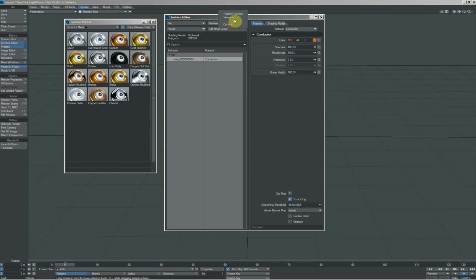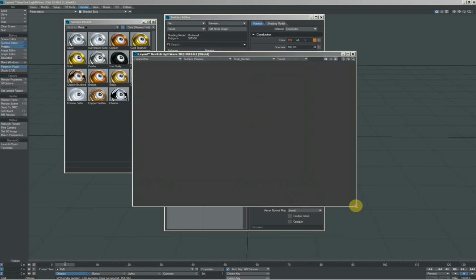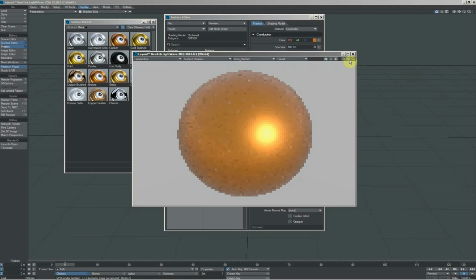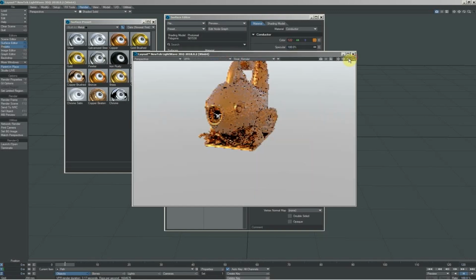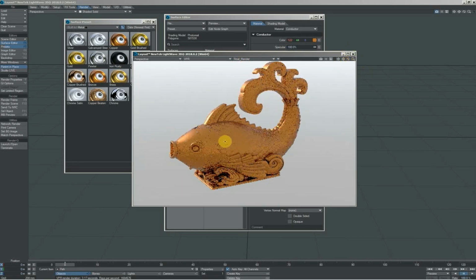Got preview, which allows you to either directly in the viewport or with a floating window bring up a quick material VPR preview here, and this basically just gives you a simple sphere. To be perfectly honest, I often find this to be of limited use. It's a nice little thing that's there, but normally you need to see what your material really looks like on your object, so it's just as easy to use VPR itself, quite frankly, and take a look at your actual object with the actual surface on it. And you can do that in the floating window here,